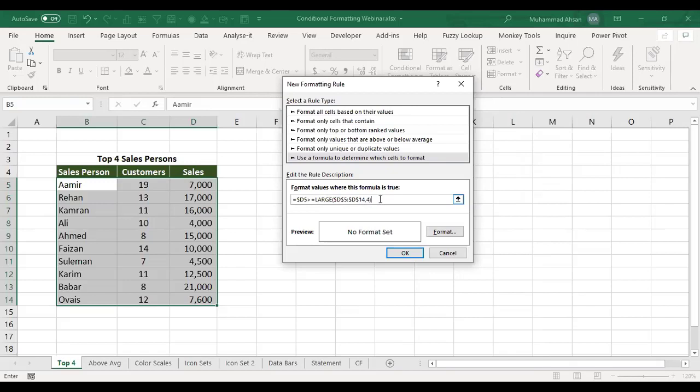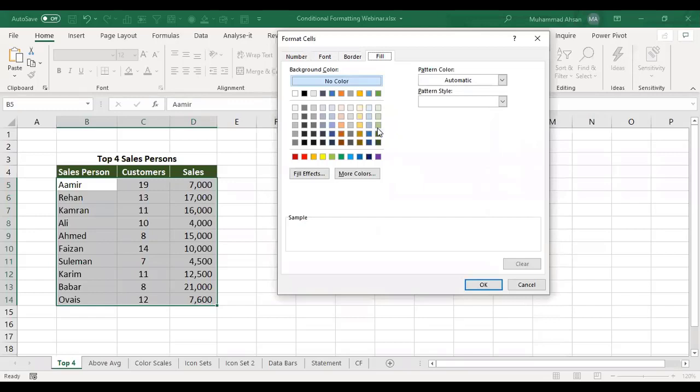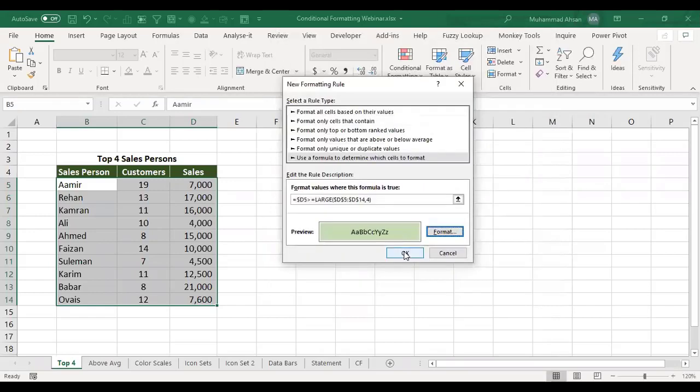This specific formula is checking the sales number row by row, and if it falls within the top 4, the condition is met, and whatever formatting we set here will be applied to the entire row.